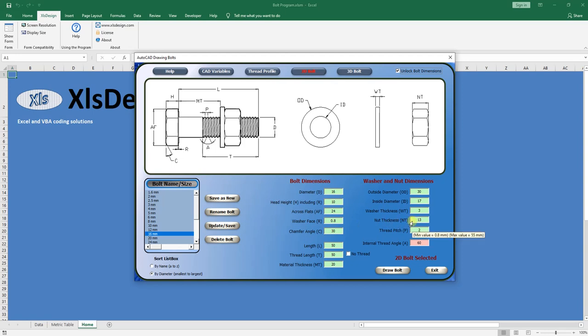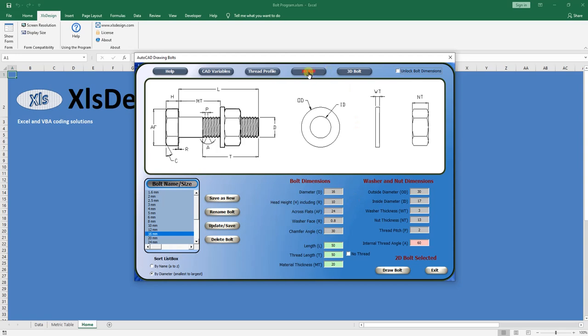We may, for example, need a different nut thickness, and so here we can change it. We can also change the thread pitch, which may be handy for smaller diameter bolts if they're going to be 3D printed. To stop them binding up, you may decide to increase the thread and have a custom thread. The only thing you won't be able to do is alter the thread angle. So I'm going to leave all the settings there by default, so I'm going to lock that back up,